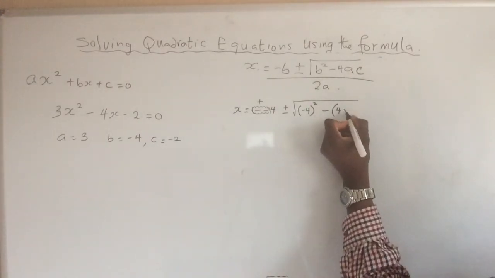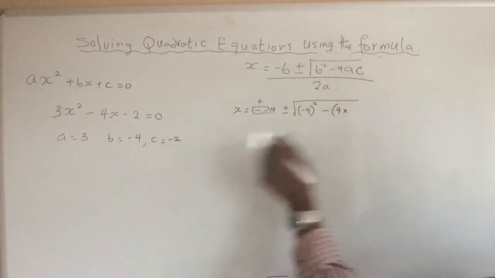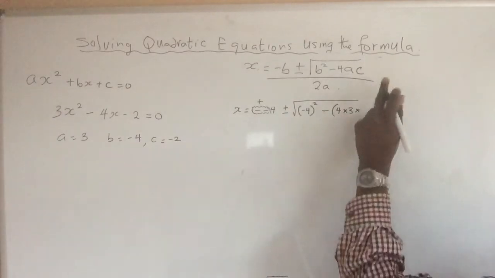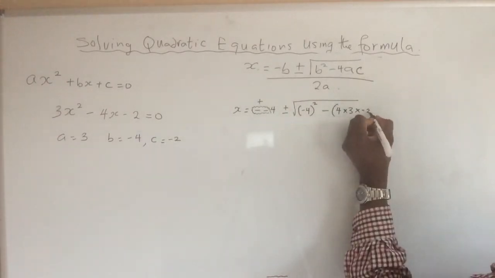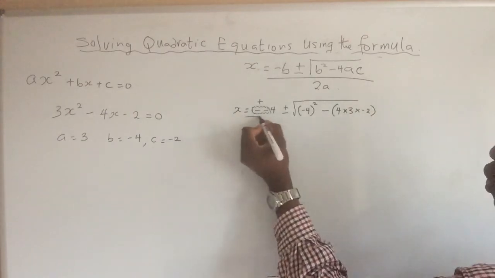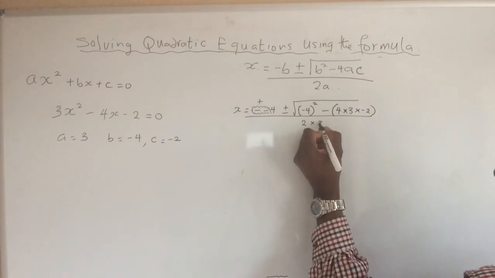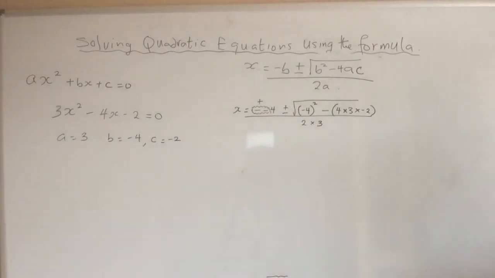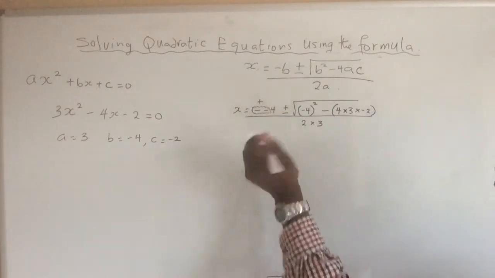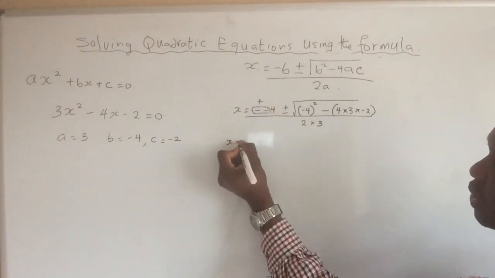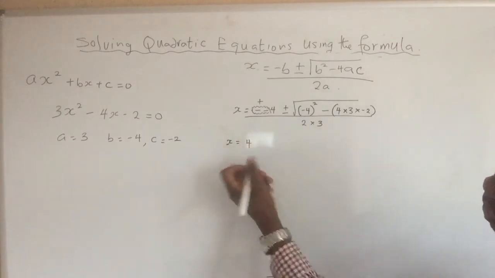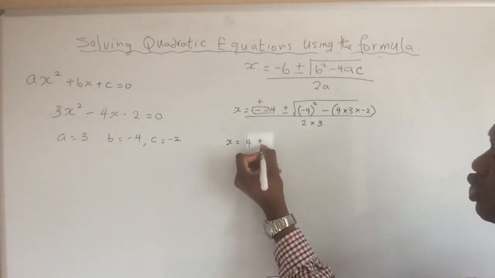So 4 times the value of a, which is 3, and the value of c, which is minus 2. Close bracket. All divide by 2 times the value of a, 3. Okay, well, change this back. That's positive. It becomes x equal to positive 4, which I'm just going to leave as 4, plus or minus